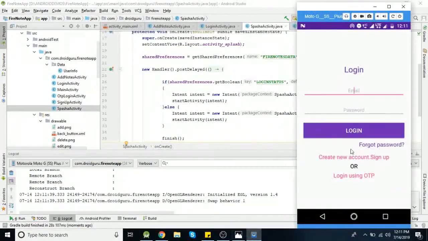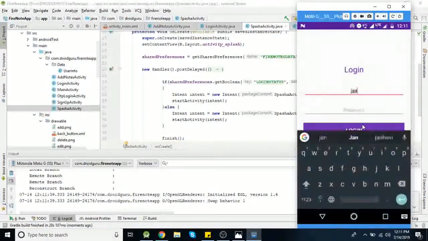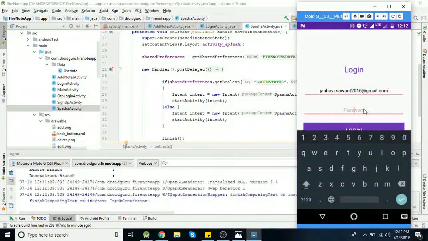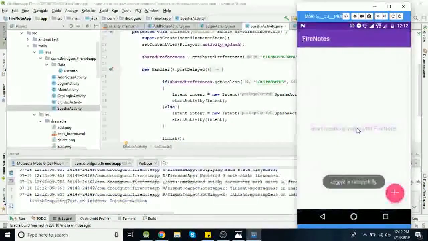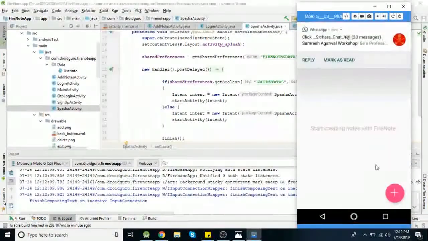If you check here, initially it's asking for a login. I'm logging here with my email ID and password. This user is logged in successfully.